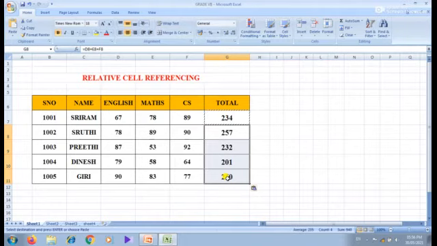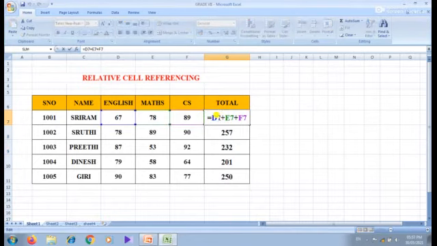If we want to see the references of a cell, we just click on it. Then we can see the references: D7, E7, F7 here, D8, E8, F8 here, D9, E9, F9 here.